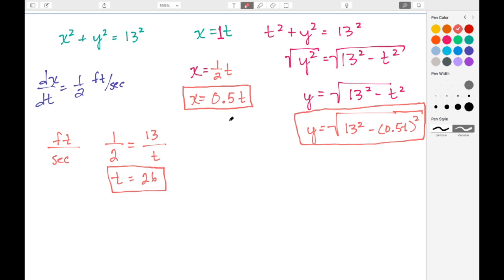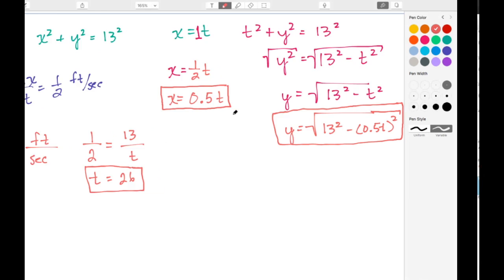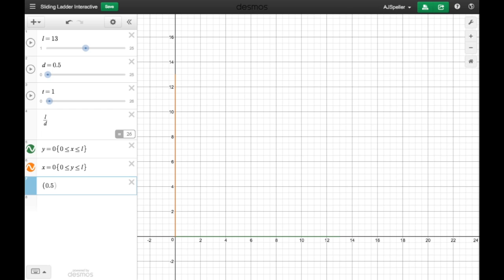We're going to put in our x value. So here it's 0.5t, and we want to keep the y value constant. And notice we are on the line here, and if I move the time, we see that it does move along that axis, but we need to be more general here so that this can be a more dynamic model. So instead of using 0.5, we're going to use the letter D, because D is what we're using to show the change in rate at the bottom of the ladder. So really it's just going to be dt, which is just d times t. And again, as we move it, we see that at most it'll stop at the 13, just like we want it to.